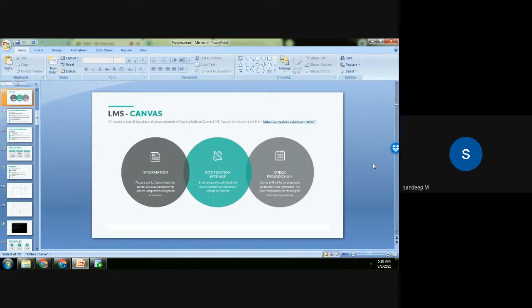Some of you have already enrolled on Canvas. Some are yet to enroll. So please, those who haven't enrolled, please enroll on Canvas. Canvas will be a single information point for all the information that I will be posting, whether it's related to the lecture slides, any software code, the assignments or material. Any information I'll be posting on Canvas. So some are yet to join. Please join on Canvas, and also make sure you get the notification settings correct. Otherwise, you'll be missing out on the notifications.